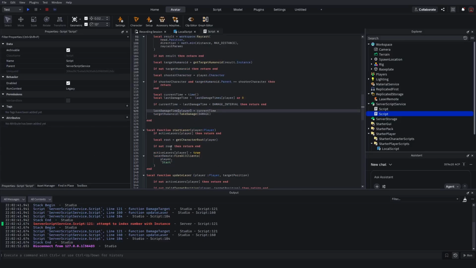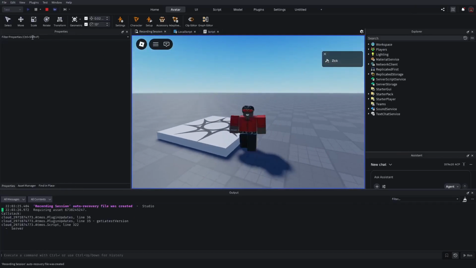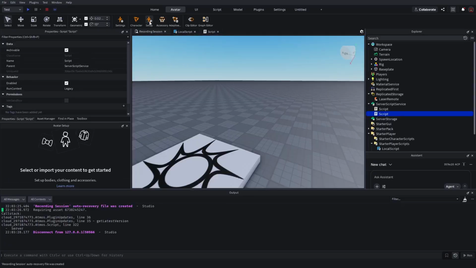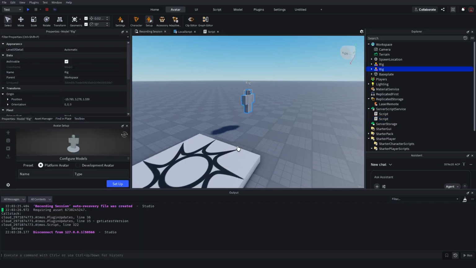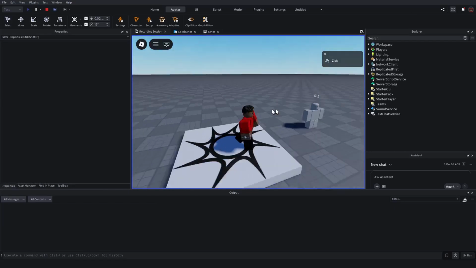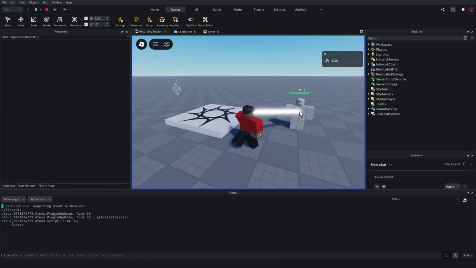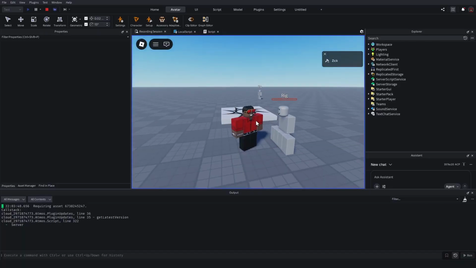So here we've got the S, so damage times, my bad. Now let's try this again. Oh, my bad. So adding a rig. Should work right here. So as you can see, it damaged the rig and we have it at 10 seconds